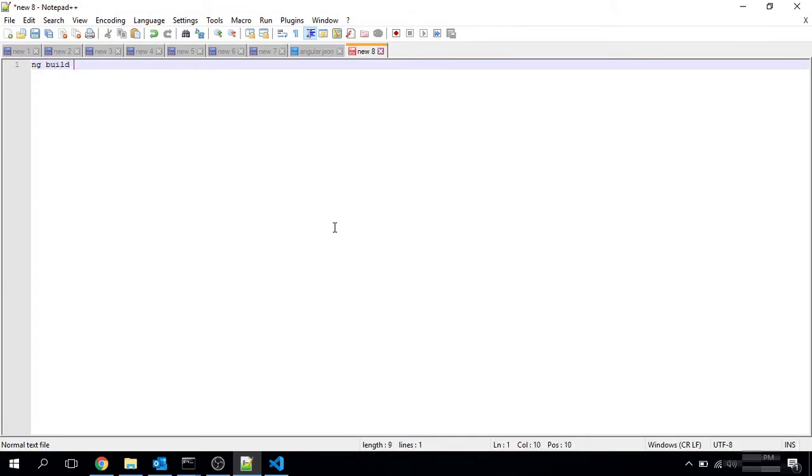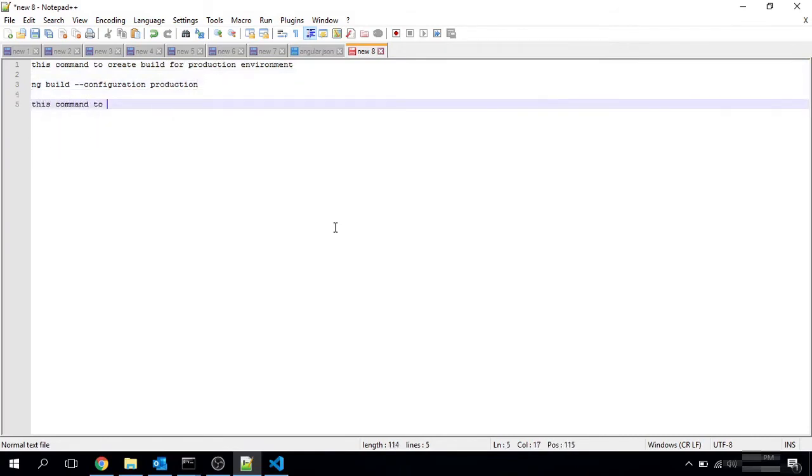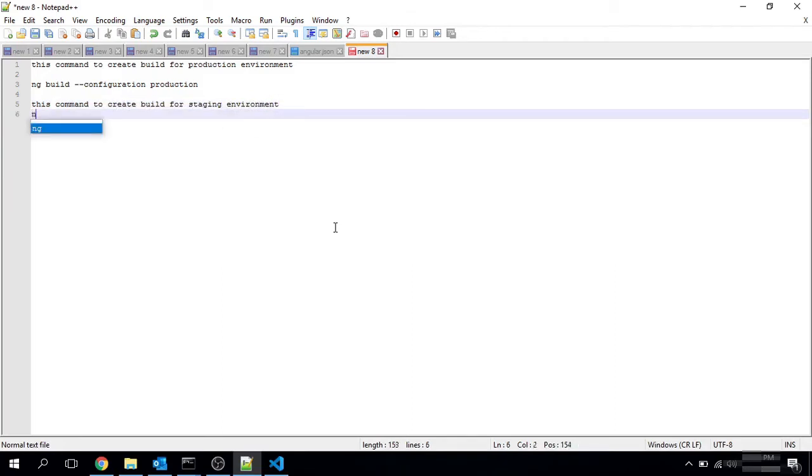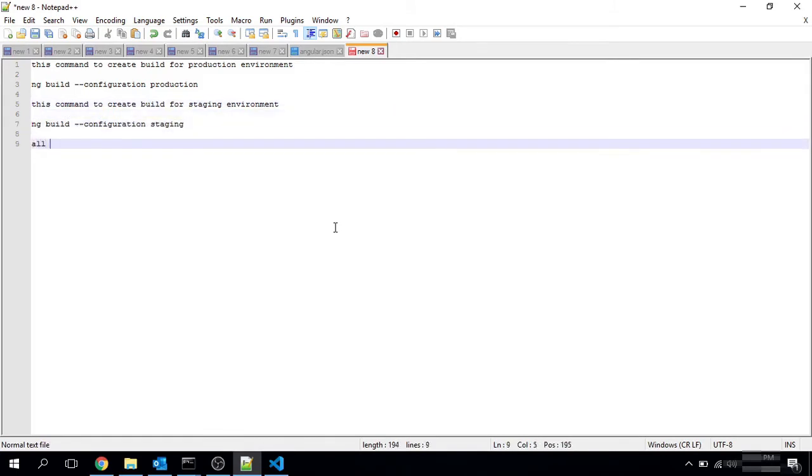Or if we want to create a build for the production environment, we will execute ng build --configuration production. Both of these commands are based on your configuration in the JSON.